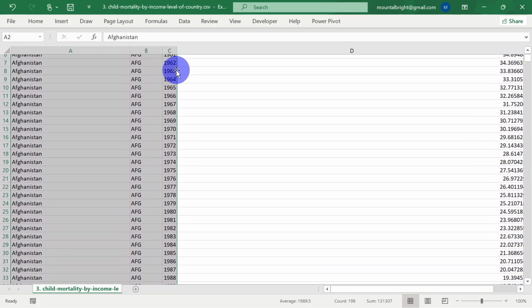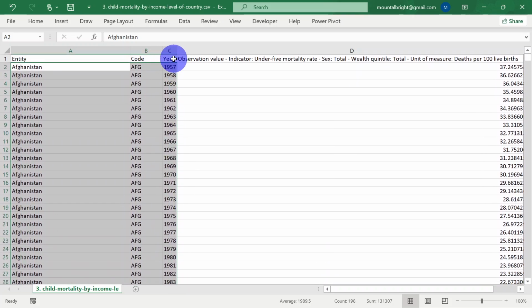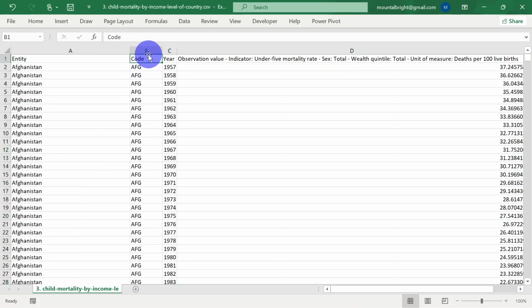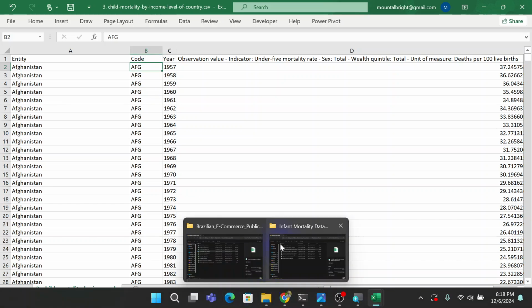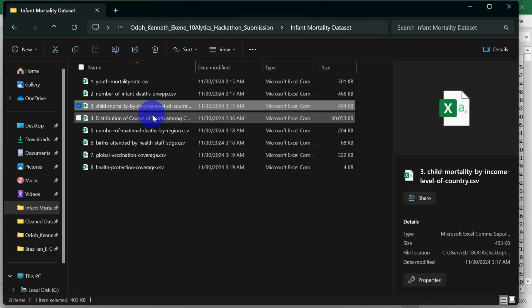So that brings a unique case, where if I rely on just Afghanistan, which is this code, as the unique code to connect this table with another data set, let's say another data set like